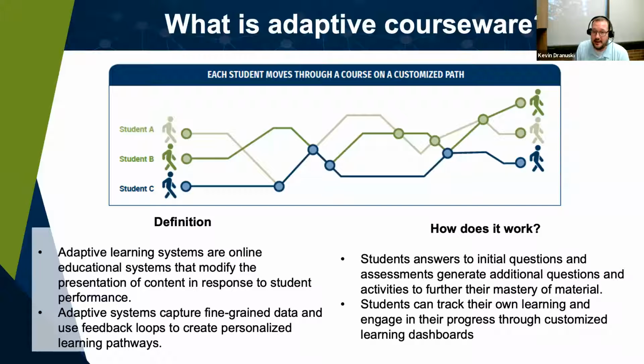So if you look at this graphic that we have right here, this is kind of just a scenario of what a class might look like of a sample of 3 students who are using this adaptive courseware. What the diagram is showing is each student moves through the course on their own customized path. And it's based on data points and analytics of their current knowledge, their pre-test knowledge, and how they perform throughout the semester. So in an adaptive learning system, these are online systems that are implemented either third party or through